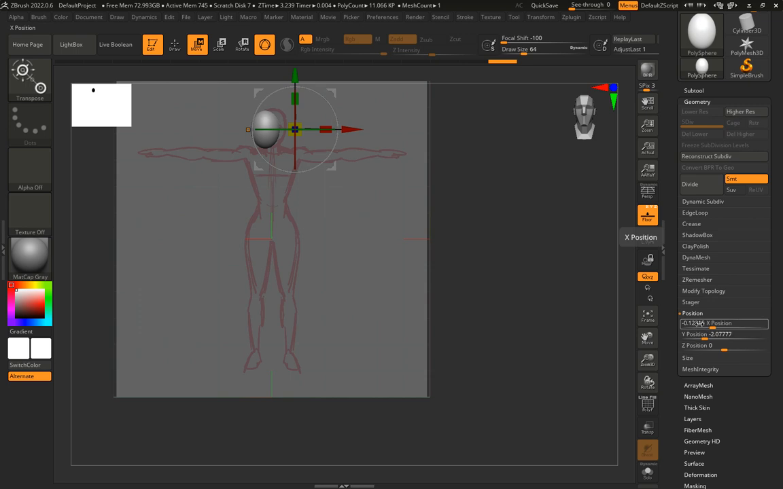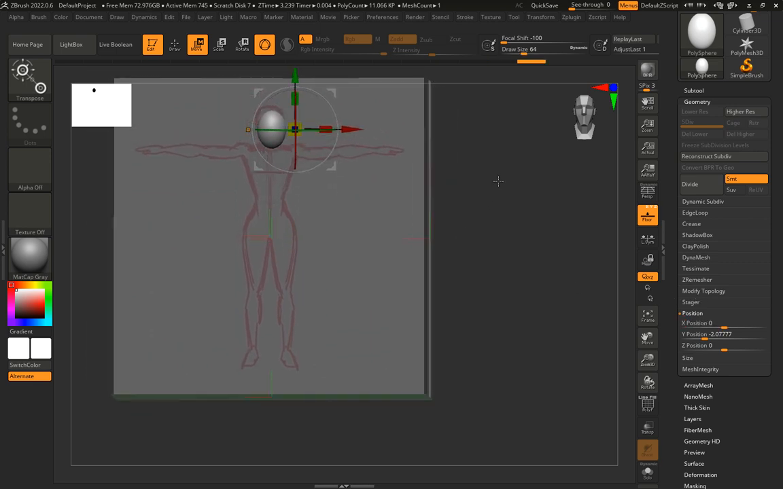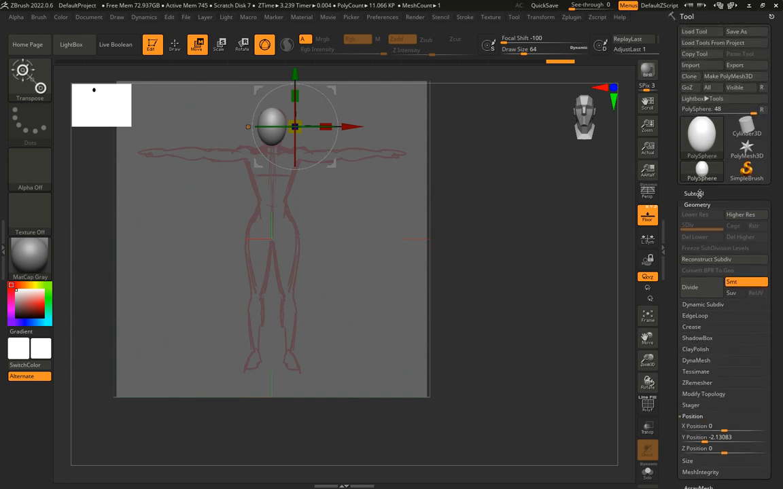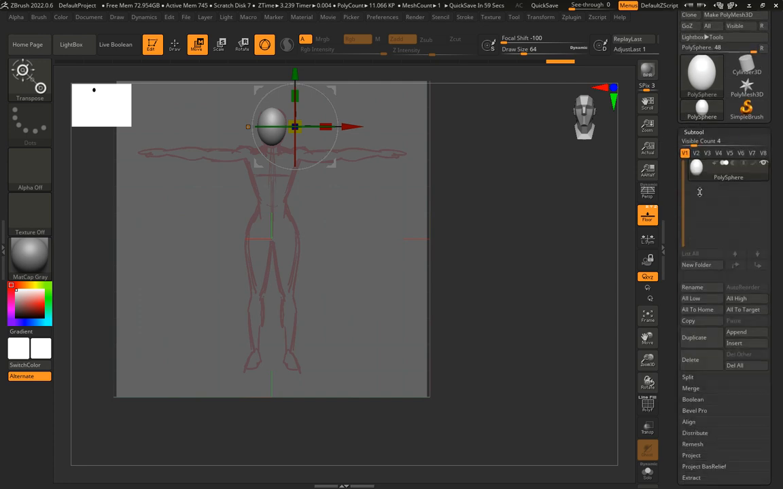Mine's a little off on my X position. So I'm going to click on that, and I'm going to click 0, and there we go. That seems to be in the center, and that appears to be in the center of my drawing as well. So that's good. Okay, I will go back here to my subtool menu on the right,